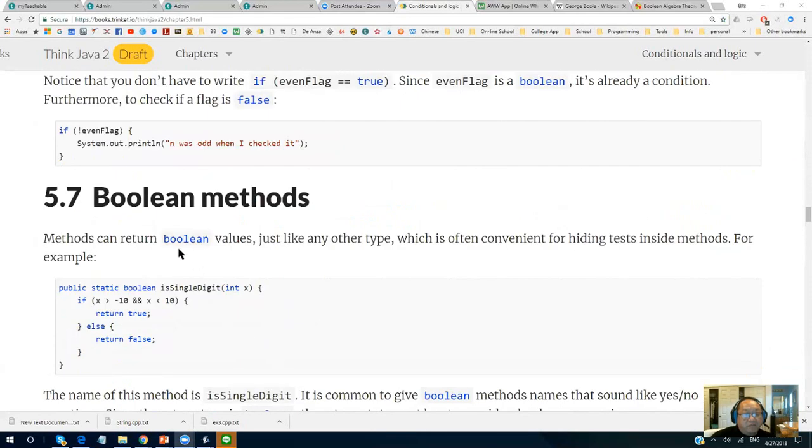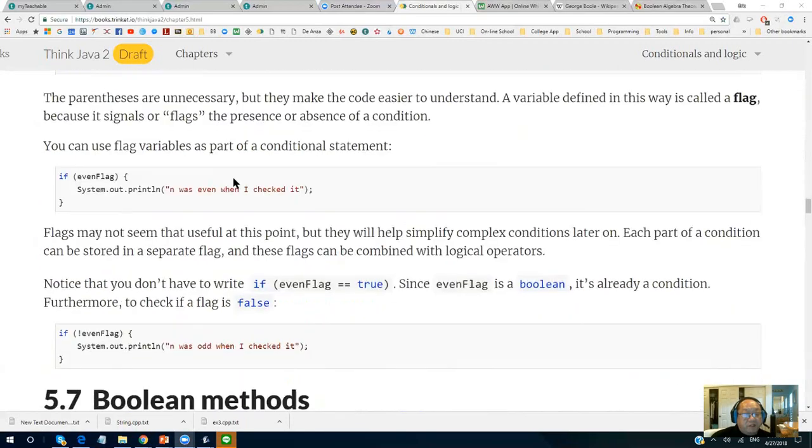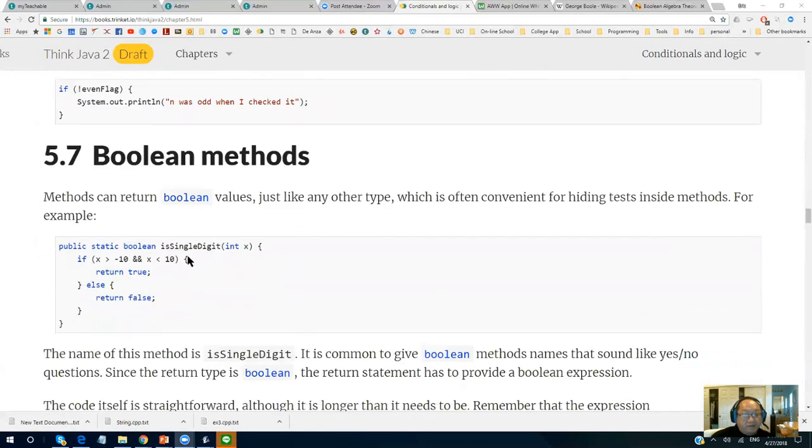So now this one's a Boolean method. So we have Boolean variable, Boolean expression, Boolean method. Here is a Boolean method. We pass x, is single digit, meaning it's greater than -10 and less than 10 for any integer. Then you would return true.